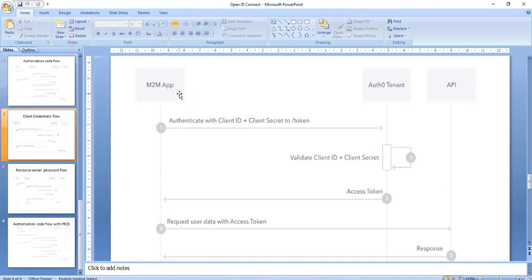With authorization code and PKCE flow, there will be human interaction asking for user ID and password, if you remember. But here there will be no human at all. It is just like two applications authenticating with each other to talk with each other. That is the purpose of this client credential flow.